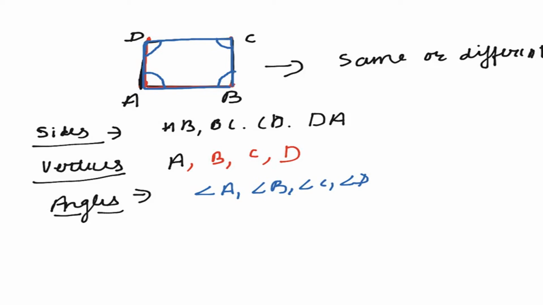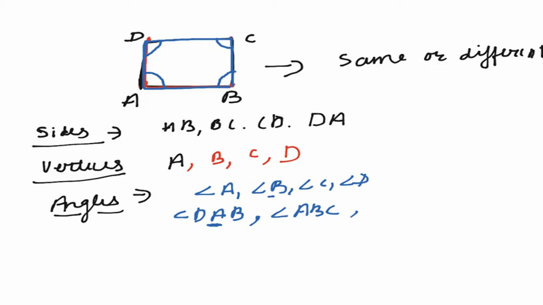We can name it like this: the inclination between these two sides, we can name angle A, or we can name it angle DAB. So the alphabet in between represents the angle. Angle A we can also write as angle BAD or DAB, the same thing, but the angle letter should be in between. Similarly, if we want to represent angle B, we can represent it as angle ABC, and it represents between which line segments this is the angle. So from here we can find out this is angle B, that is between the line segments AB and BC.